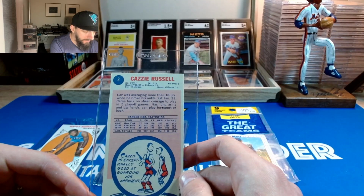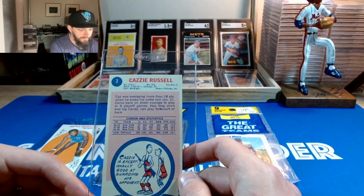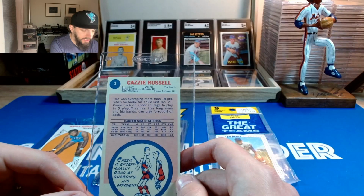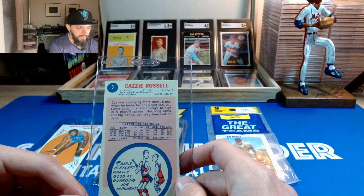Really great numbers. Not so strong in the rebounding department. 6'5.5", so not a significant rebounder, but did score a lot of points. 16, 18 is only getting better. And they had Willis Reed then. I want to say they had Willis Reed. I can't remember what year he came in, but